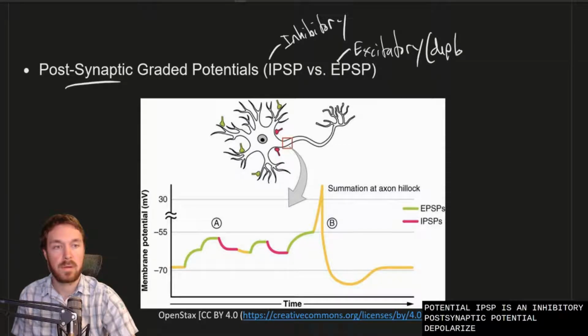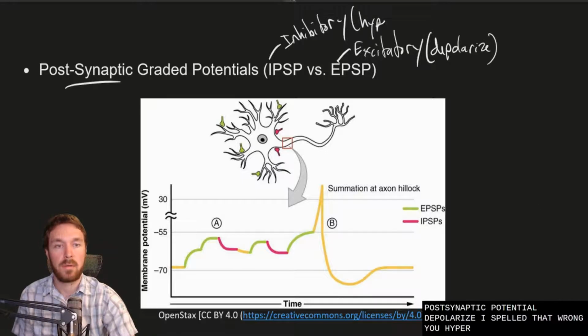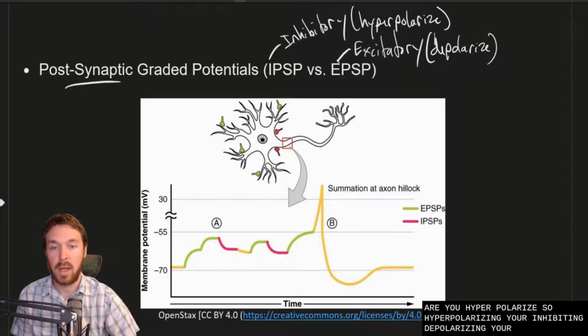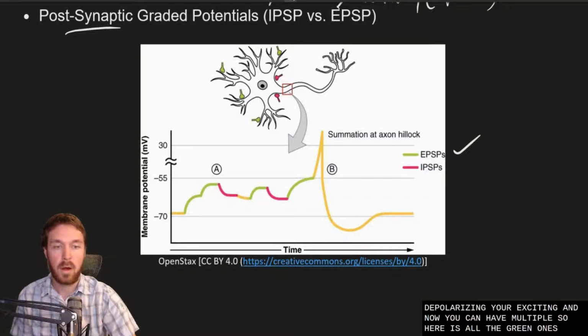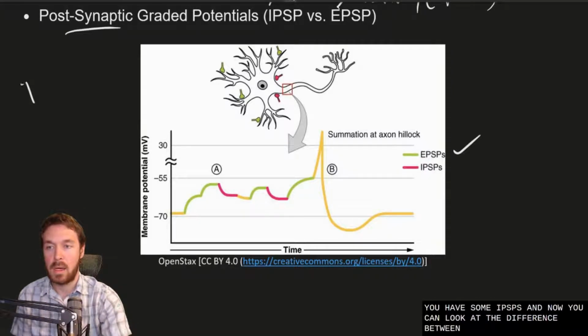So it all depends on whether you depolarize, or you hyperpolarize. So hyperpolarizing, you're inhibiting. Depolarizing, you're exciting. And now you can have multiple. So here all the green ones are EPSPs, and they're all forming on the dendrites here, but then you have some IPSPs. And now you can look at the difference between temporal